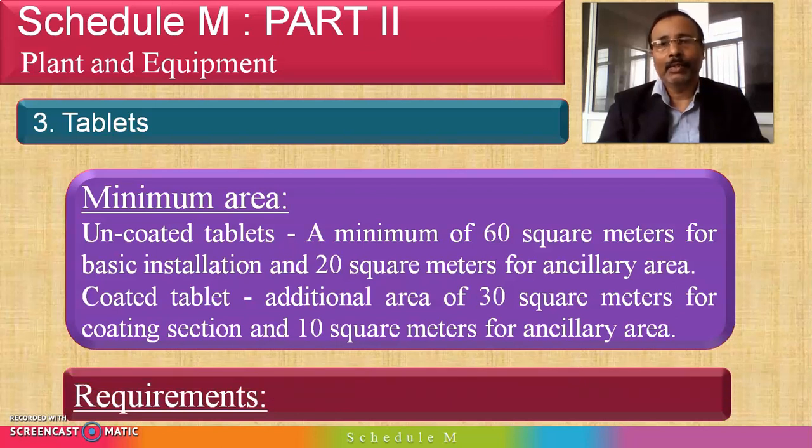Now check out the minimum equipment necessary for tablet formulation. It includes disintegrator, shifter, powder mixer, mass mixer, planetary mixer, then rapid mixer granulator, hot air oven, different weighing machines, compression machines, punches and dies storage cabinet, then a tablet inspection unit, dissolution test apparatus, single pan balance, hardness tester, friability and disintegration test apparatus, then packaging machine, leak test apparatus, etc. So these are the minimum machineries or equipment necessary for tablet formulation.